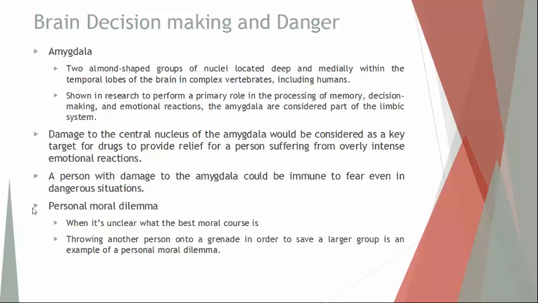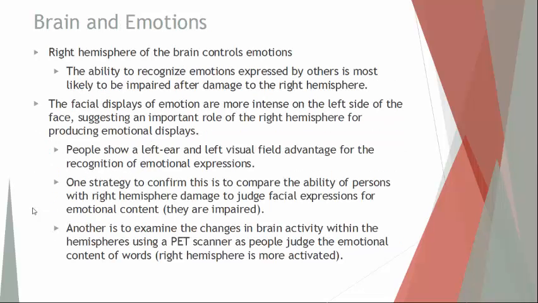So an example that's given here, if you have this kind of damage to the amygdala and to your emotional processing, you may not understand what is the right thing to do and what is not the right thing to do. So the example given here, if a grenade is thrown in an area with a large amount of people, would you take someone else and throw them on the grenade? Because it would save many more people, but is that the right thing to do because you are sacrificing someone else who maybe didn't want that to happen? It's all due to the link between the emotional processing of the amygdala and the forming of a sense of morality. Alright, next we'll move on to the brain and emotions.